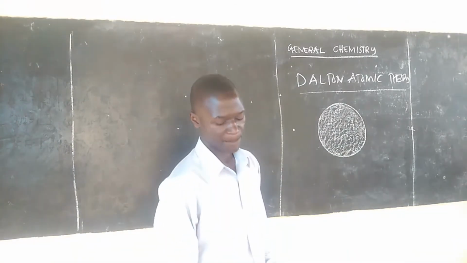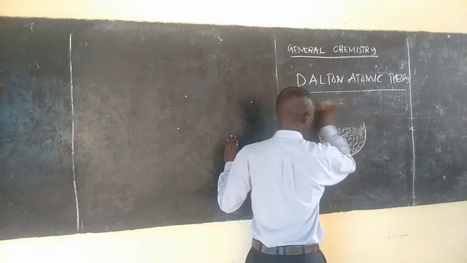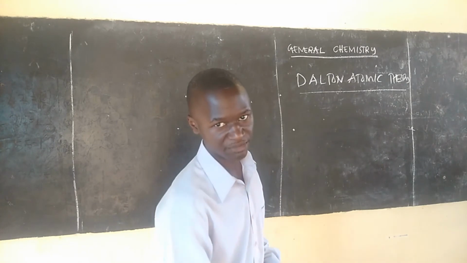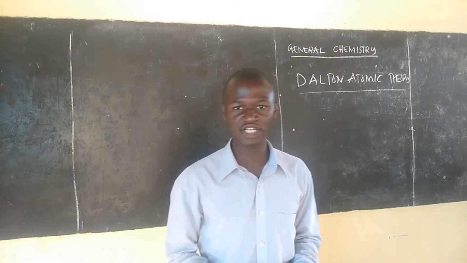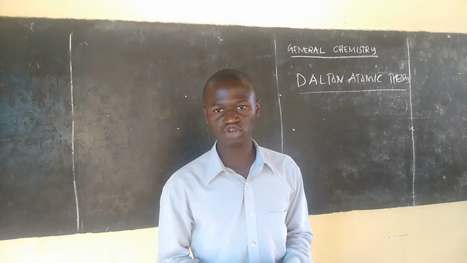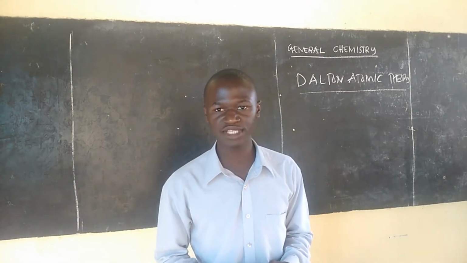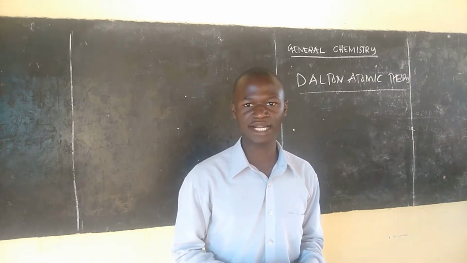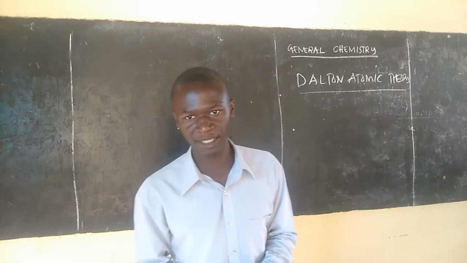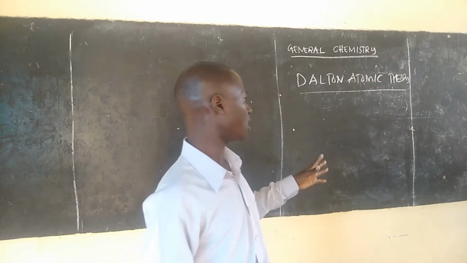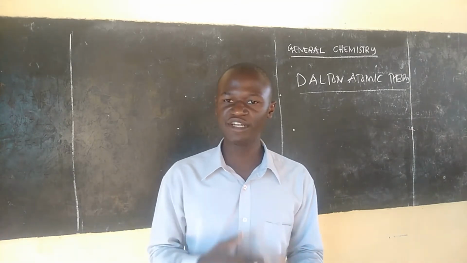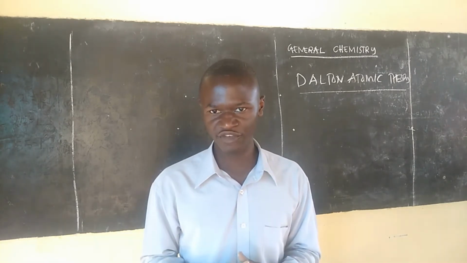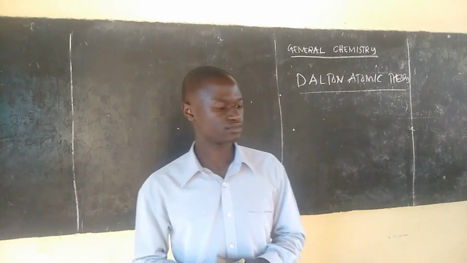The idea that Dalton suggested about the structure of an atom, they were not correct. And due to several experiments, later they discovered that atom has some of the particles inside it. So that means an atom is divisible. Sio tena indivisible. Indivisible manake you can't divide it into smaller particles. But according to how they performed different experiments, they later become knowing that atom, it is divisible.